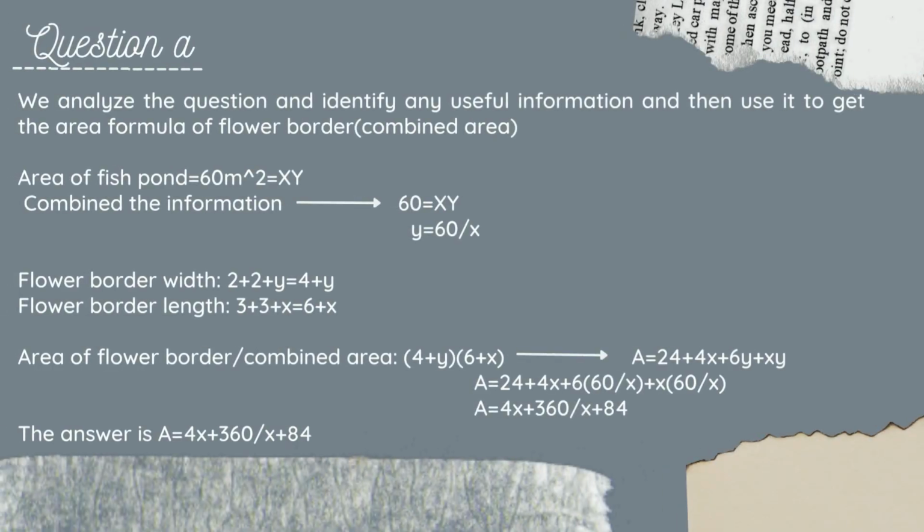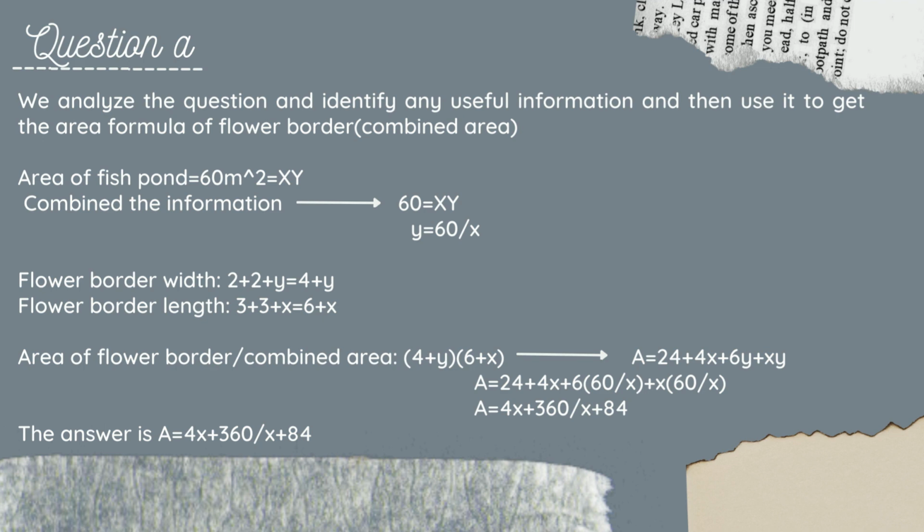Question A. We analyze the question and identify any useful information and then use it to get the area formula of the flower border. By finding the flower border, we automatically include the area of the fish pond. So this means that the area of the flower border equals the combined area, which is the flower border and the fish pond. From the question, we know that the area of the fish pond is 60 meters square, and